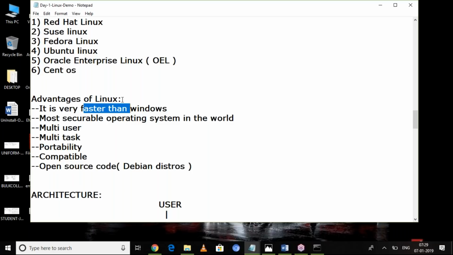Why? Because internally Linux has different security patches. Microsoft and the other operating systems follow one standard set of patches for security. If anybody is able to hack that level, they can automatically hack the operating system.